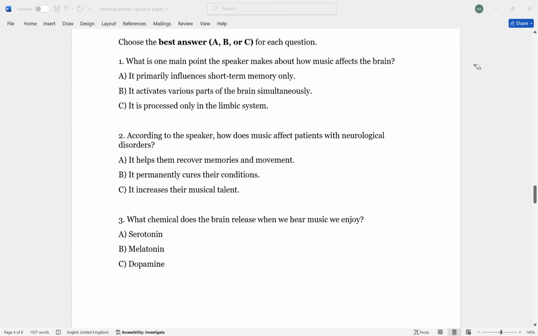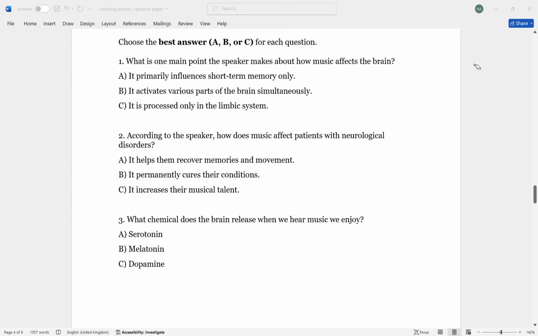But it's not only about pleasure. Music also has the potential to heal. For instance, music therapy has been used with patients suffering from neurological disorders like Parkinson's disease and Alzheimer's. In some cases, familiar tunes have helped patients recall memories they otherwise couldn't access. And in rehabilitation centers, rhythmic auditory stimulation, that's music with a steady beat, is used to help patients regain motor